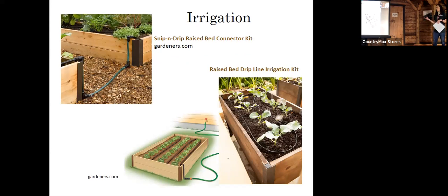Irrigation, they make some really nice raised bed irrigation systems now. Gardeners Supply at gardeners.com, they have the sip and drip system. They have a single bed setup that you can run soaker hose. The soaker hose can be hard to maneuver through the bed. So I've actually tried, in the next slide, there is